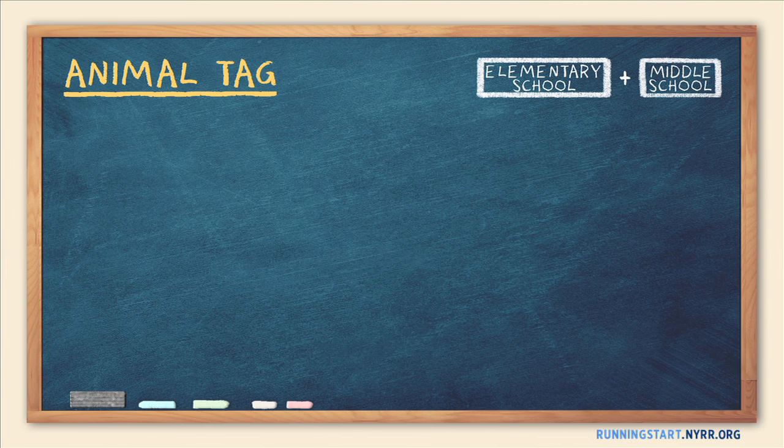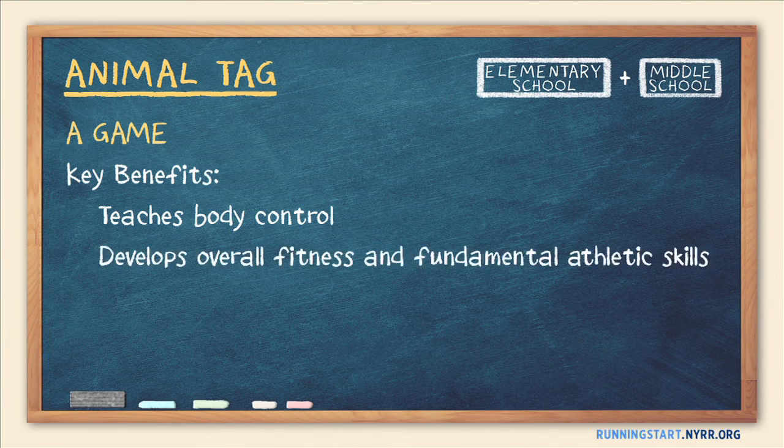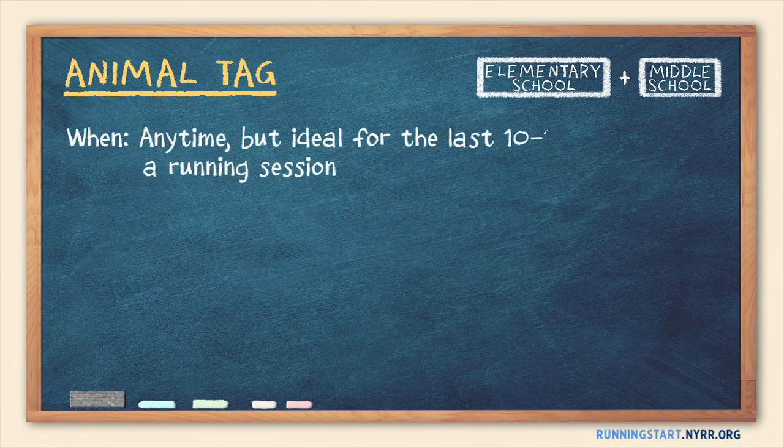Animal tag is a fun game. As they play, young runners learn to control their bodies, the first step toward efficient running. And because animal tag requires constant movement, agility, and coordination, it's great for developing overall fitness and fundamental athletic skills. Animal tag works anytime, but it's ideal for engaging your runners during the last 10 to 15 minutes of your